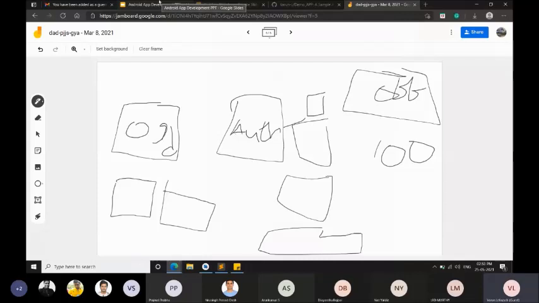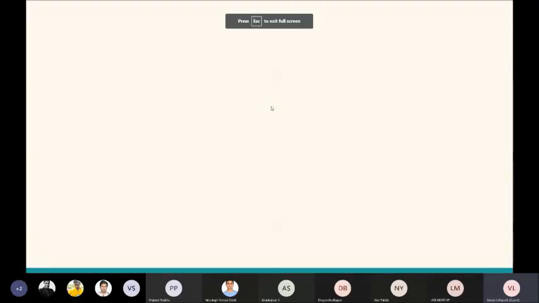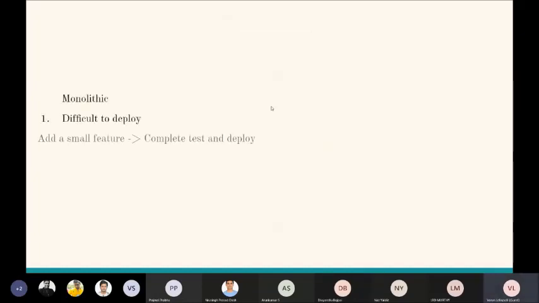So that's why microservices are vastly used these days, and we are going to learn how microservices are created, and how they should be used in Android applications today. So just now we have discussed, we have monolithic architecture first. It is very difficult to deploy. As I've just shown you in the first example, we have so many modules, but just a single software. So if you want to deploy it, you have to deploy it in 100 servers. So even if you add a small feature, you have to deploy the complete package.